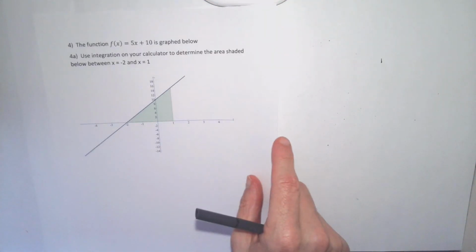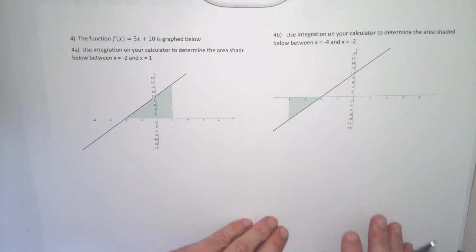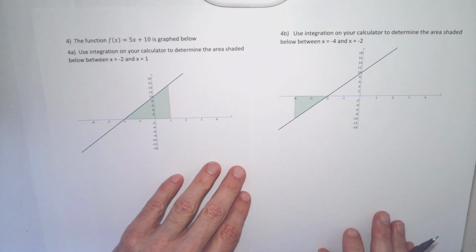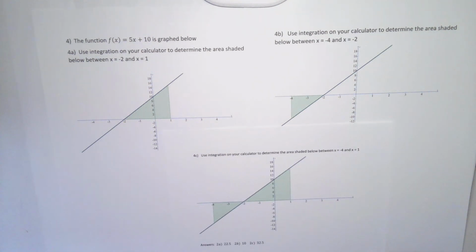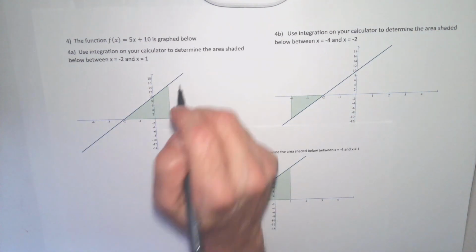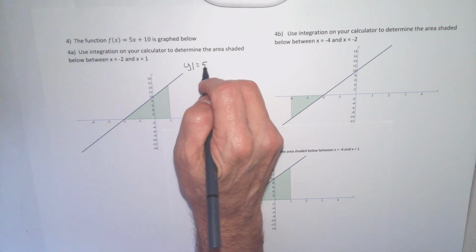4 gives me a lovely line, which is so easy to integrate by hand even. And it wants me to do a part A to find the area above the x-axis, a part B, find the area by integration on my calculator below the x-axis, make the number positive, and then a part C, find the combined area. So for part A, in my y1, I'm going to enter the function 5x plus 10,